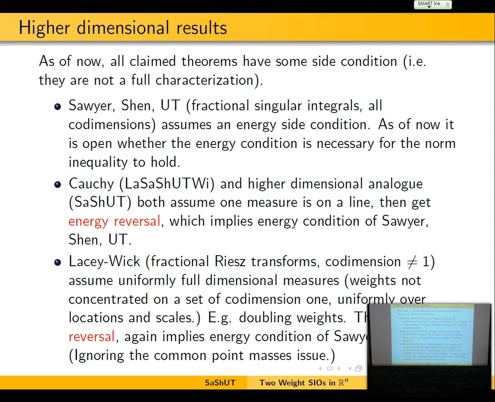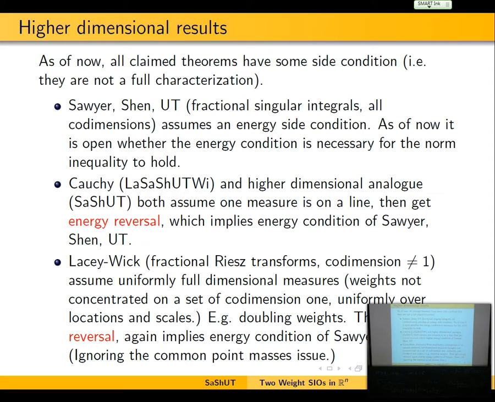And the geometry is complicated. So, it has to be a line, not even a smooth curve. It's really a line for the proof to work. Or, I mean, okay, admittedly there is work in progress. We can do more than a line, but that's another thing I'm not ready to report yet.